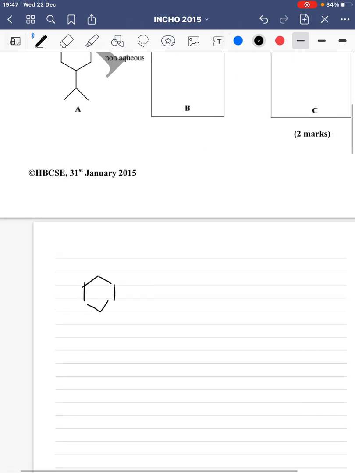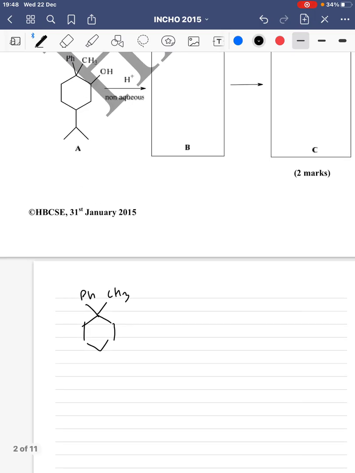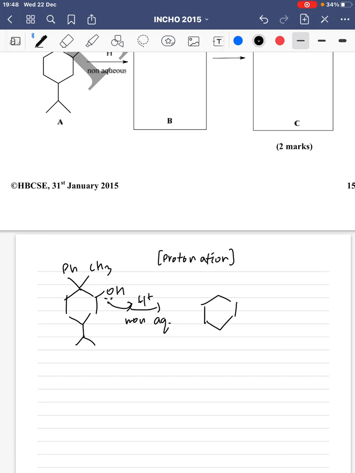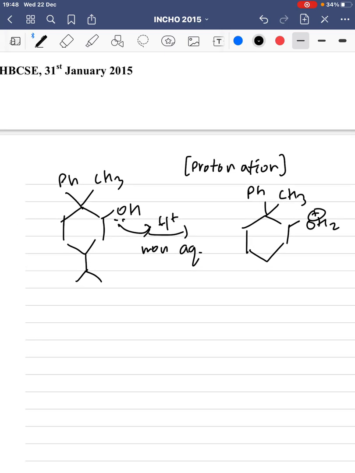It asks for this compound. And then they say they have added H plus to it in non-aqueous medium. So the oxygen will take this H plus, and basically this is the protonation step, and this will form like this: Ph CH3 OH2 plus, or to see it in more detail we can write like this: